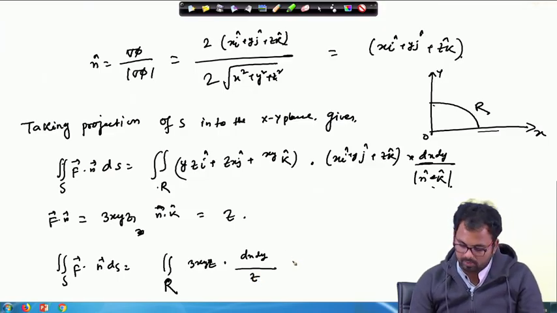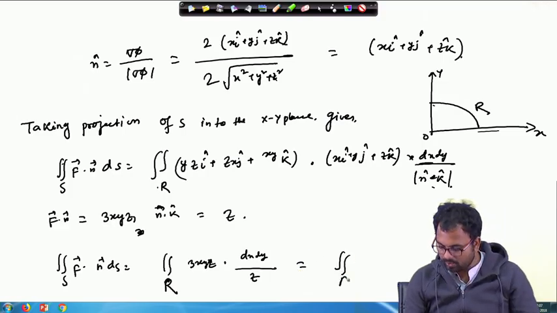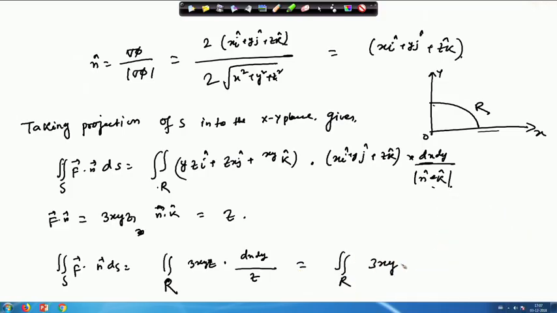So, this whole thing will reduce to the integral over R of 3 x y dx dy, right. And now, since we are in 2-dimensional geometry, and it is basically an integral over the circle,